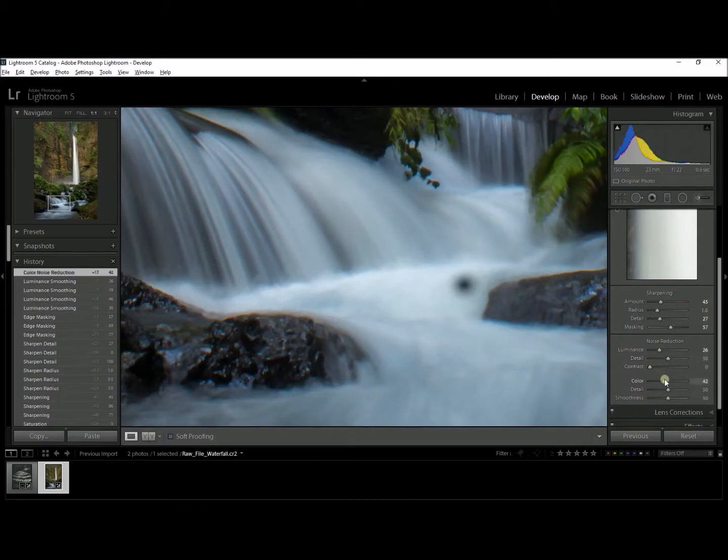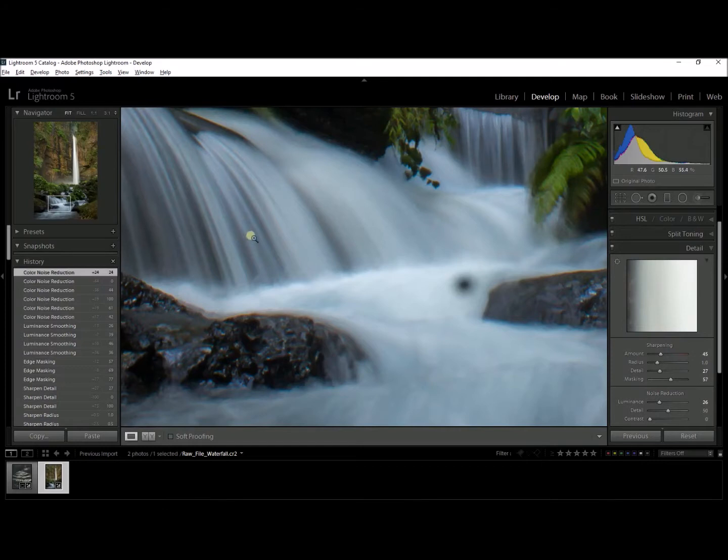And then if I play around with my color noise, I'm going to crank it all the way up to see if I get much of a difference. There's not too much change that's happening here. If I bring it down, we notice there's really not a whole lot of color noise that we're dealing with here. So we don't have to do much with that. All right, and I'm going to zoom out,